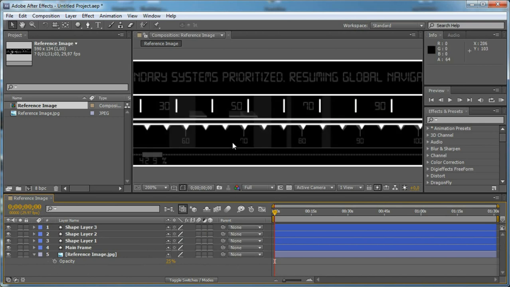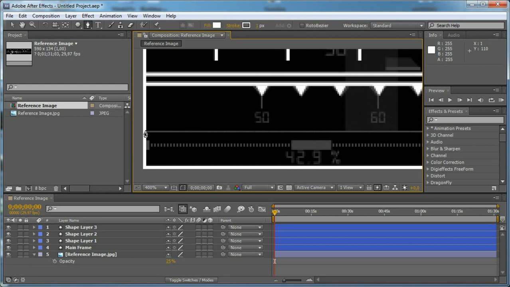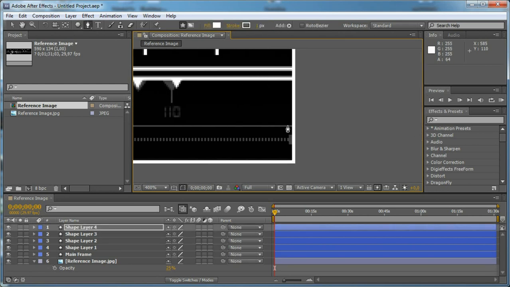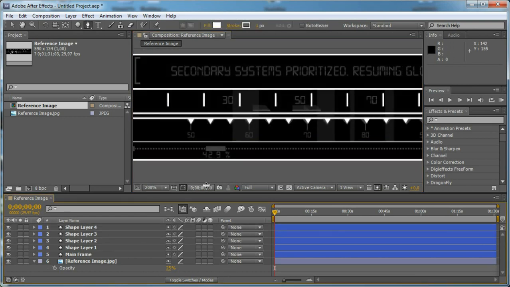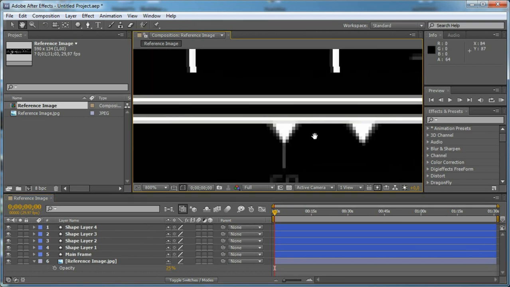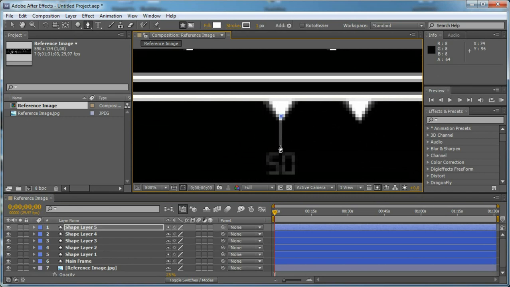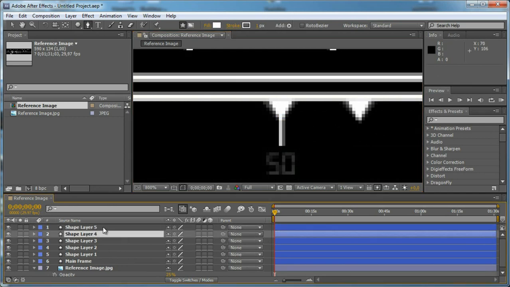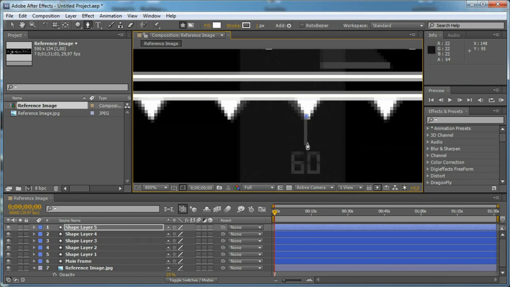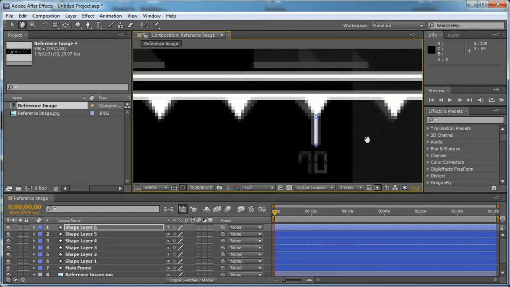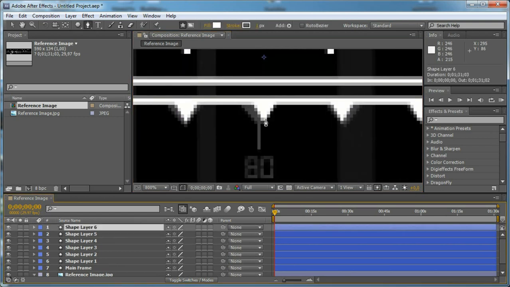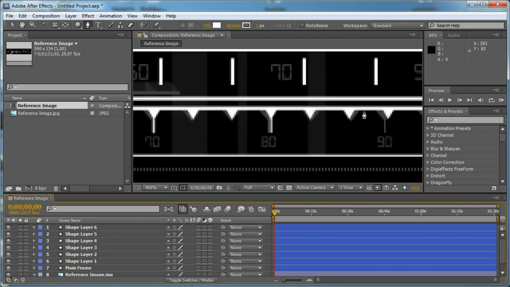And now let's create another line, and let's set the stroke thickness to 1. Click here and right here to make it. And on some of the triangles we need to create the lines, so we are going to create a new shape layer for this, and just click here, click away, select the layer again, and click here to create another one, and here to make another one, and right here to create another one,